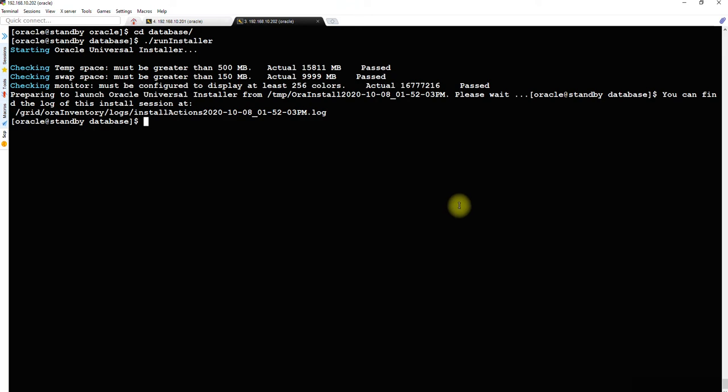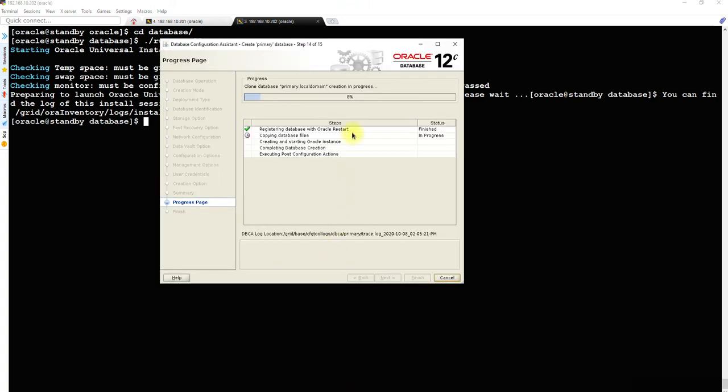As soon as you register that, CRS knows that this is its resource and that it has to start the database automatically as soon as the server is up. So you don't need to worry about starting the database again and again. This is what Oracle Restart does.